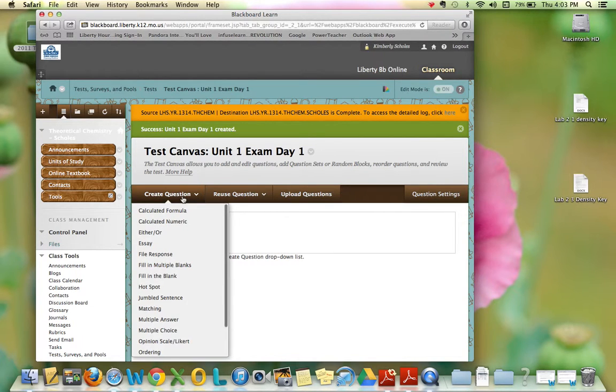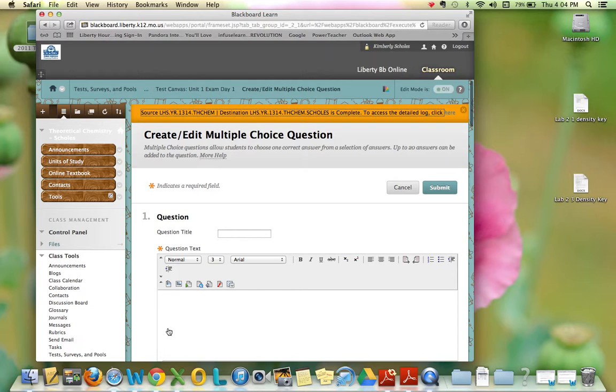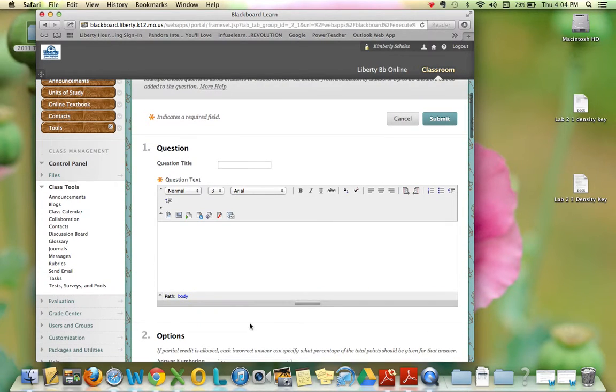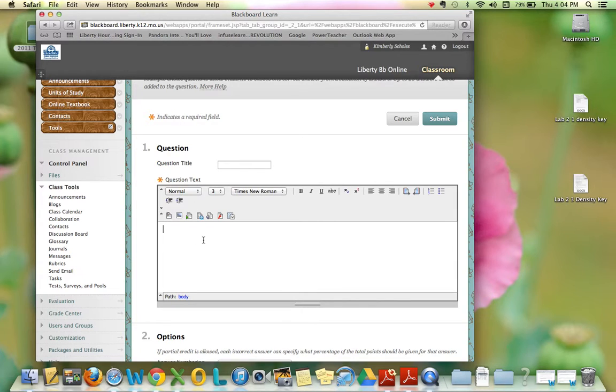So for example, within create a question, in here we've got all the different question options available. Most often for these early ones, it's going to be the multiple choice option. But for the matching, we've got the matching option as well. So I can type in my multiple choice, and then I can go to my matching. So when you click multiple choice, it's just going to bring up one. Here in the first one, the ones with little stars are your required pieces. So here would be your first question, which is 1